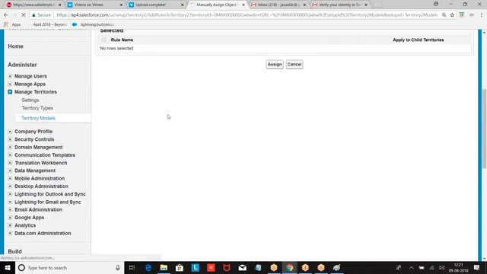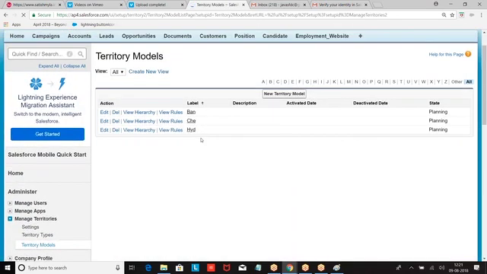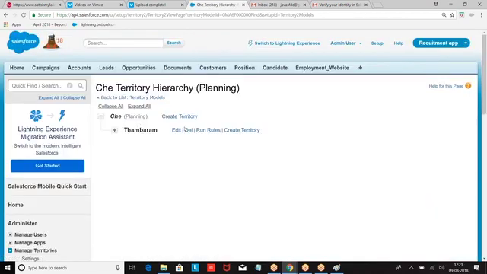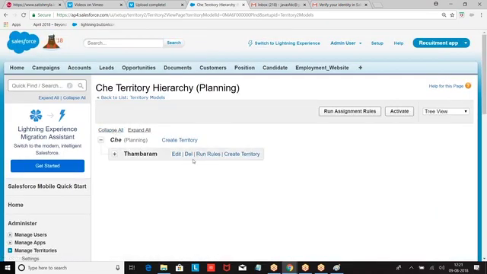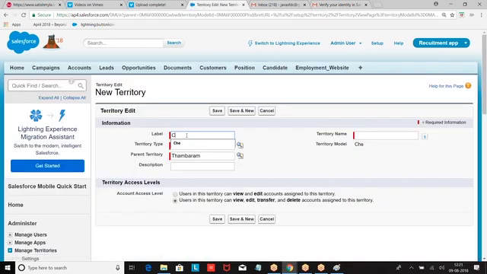Now territory models. So what was this? I hope you got my point. Now I added the members to the territory and I added the users to the territory. So again, go back to the view hierarchy. So we had a Tambaram. Under Tambaram, I want to create one more territory. So I want to create a child territory.